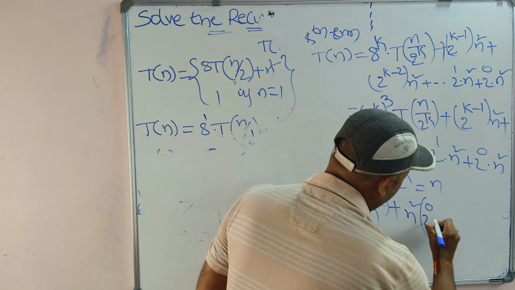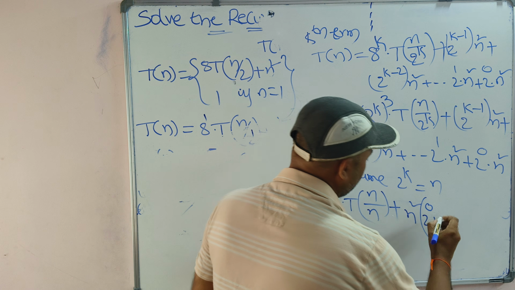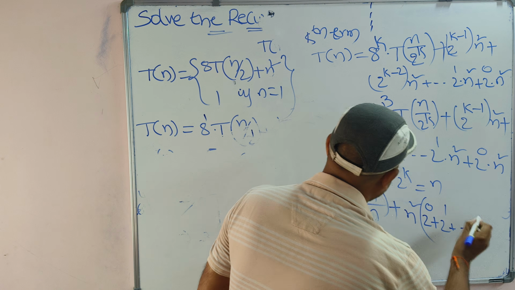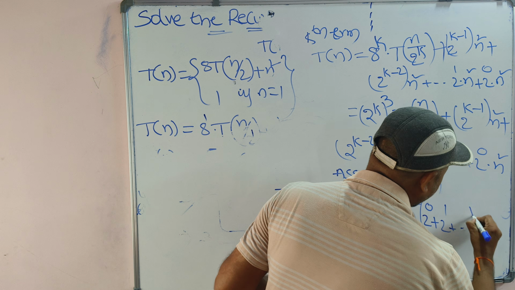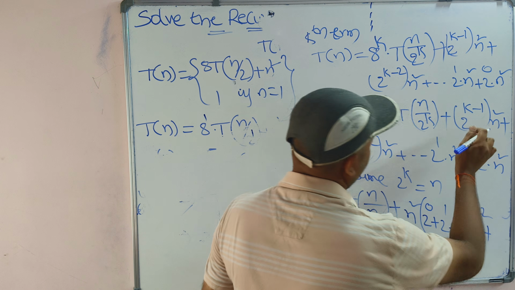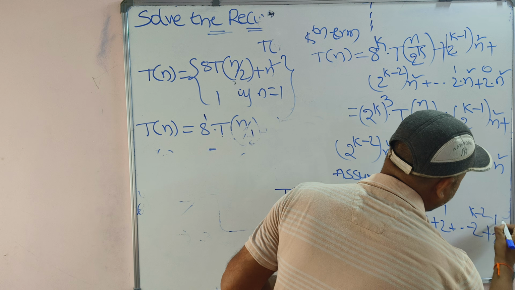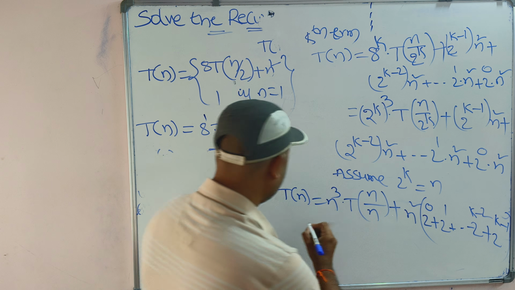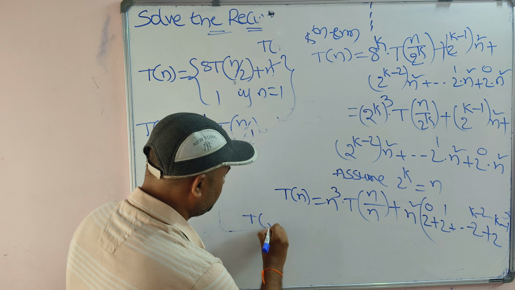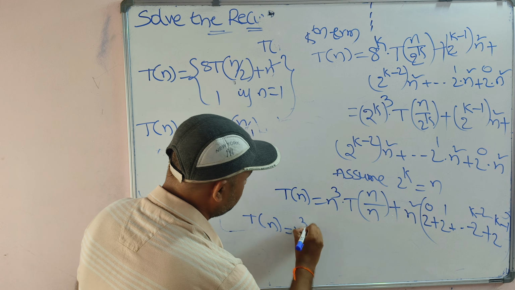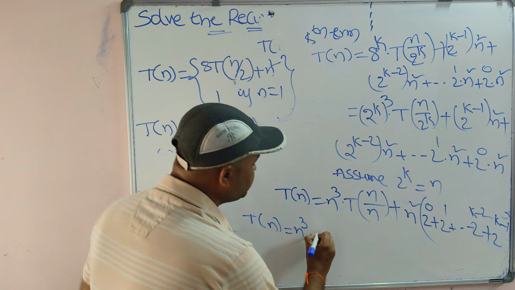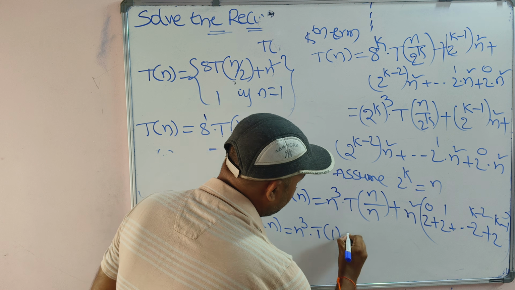So 2 power 0, next one 2 power 1 plus so on 2 power k minus 2 plus, what is the last one? 2 power k minus 1. So T of n equal to n cube into T of n by n means T of 1 plus n